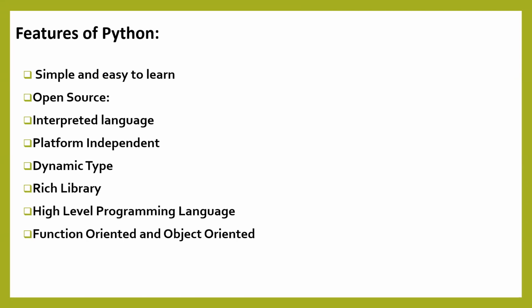Simply you take A equal to 10, as you would write with a pen on white paper, A equal to 10, B equal to 5, then simply A plus B equal 15. In the same way, the Python program can be written. No need to mention what is the data type and what is the output.